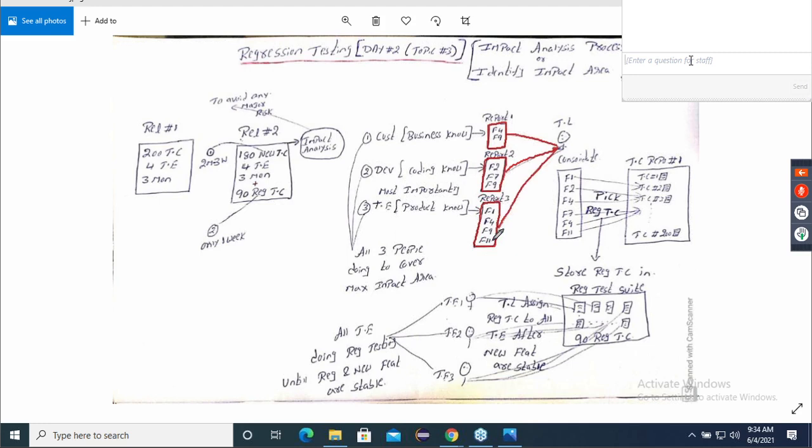Now listen to the main point. These features may get affected means, what should you do? Tell me. Everyone is saying this feature may get affected, this feature may get affected. So what should you do? Will you tell the customer that these features may get affected? This is a very, very important point for me. Don't go to the next diagram. These features may get affected means, what is the use of this? If these features may get affected, all these are old features. So what should you do?